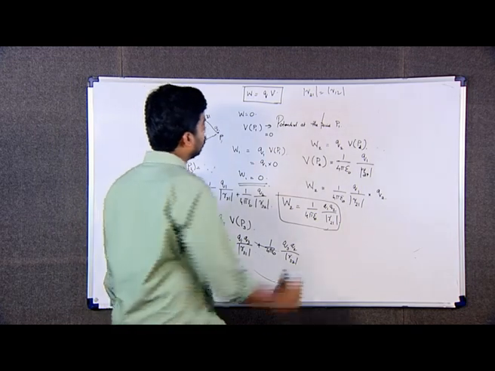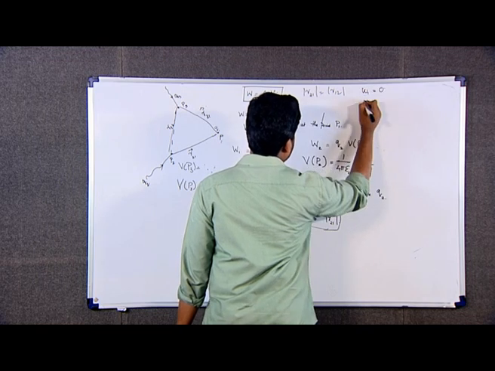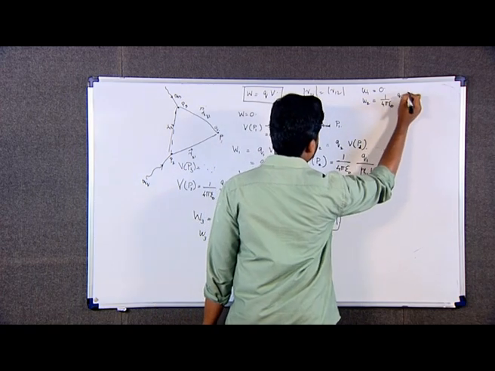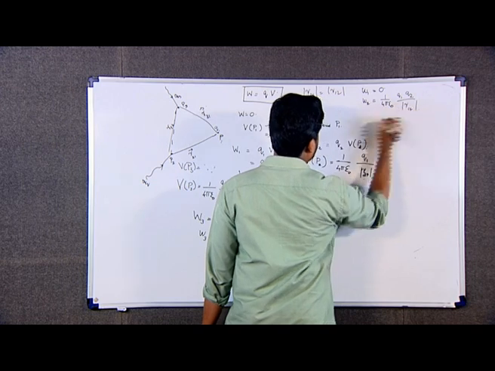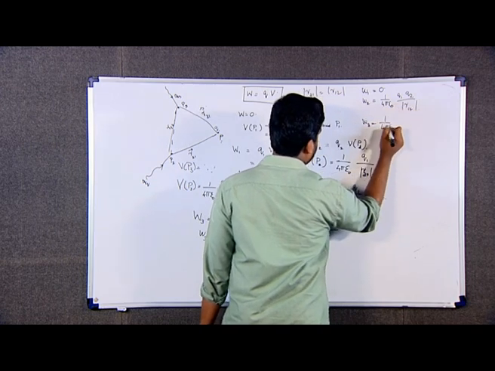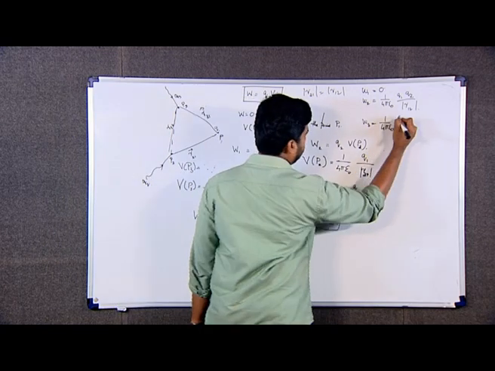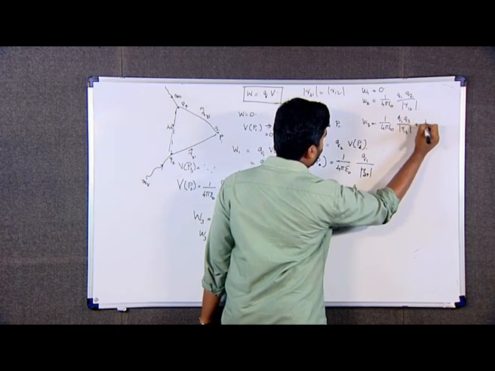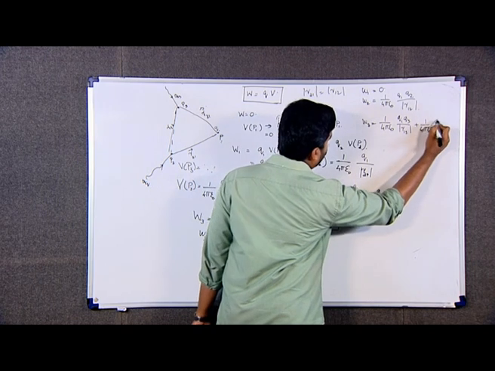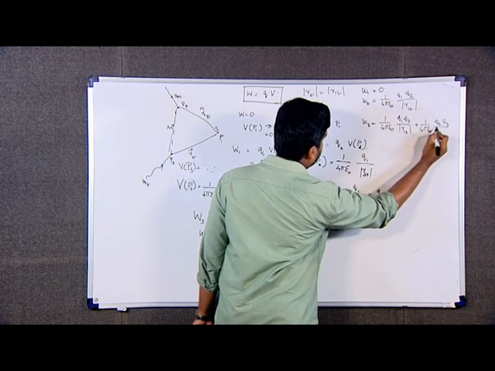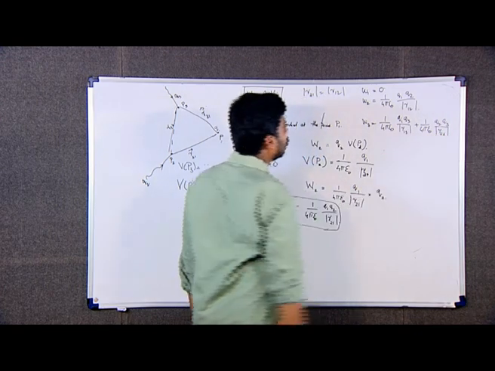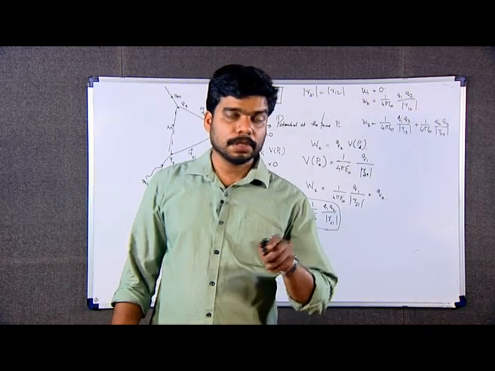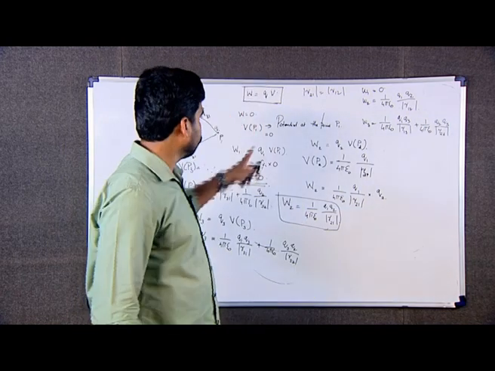So, I can write W1 as 0, W2 as 1 by 4 pi epsilon 0 Q1 Q2 by R12, W3 as 1 by 4 pi epsilon 0 Q1 Q3 by modulus of R13 plus 1 by 4 pi epsilon 0 Q2 Q3 by modulus of R23. So, this is the potential at the